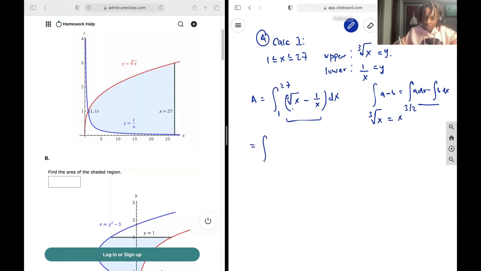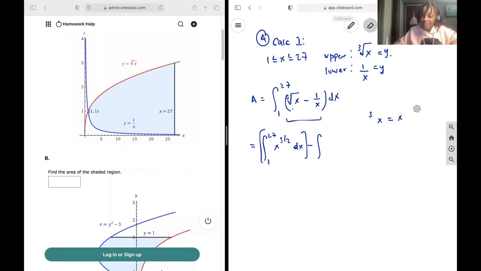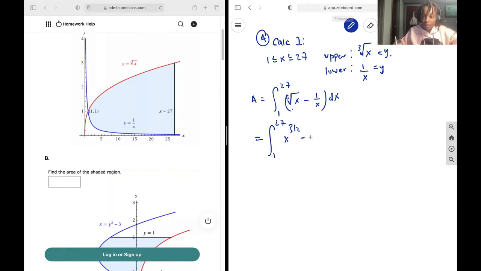So it becomes the integral from 1 to 27 of x to the power of 3 over 2 minus, over dx, minus the integral, actually, wait, let's not break it up. Let's just rewrite it in a form that's more understandable. So 1 to 27, x to the power of 3 over 2 minus x to the power of negative 1